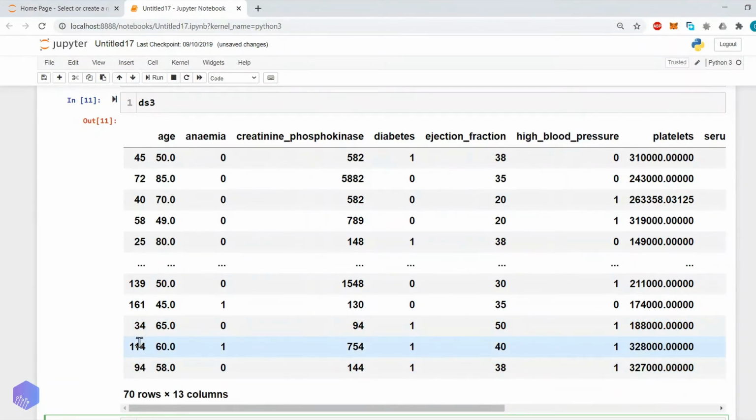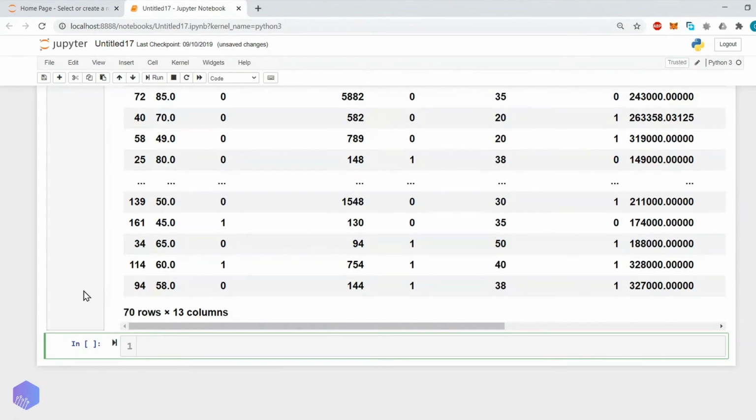This way you can select the number of rows or samples as per your experiment requirement. If you want to test samples randomly, at that time you can go with this. So for a trained model, if you want to provide some testing samples, using the sample method you can select the rows. Now let's move forward.